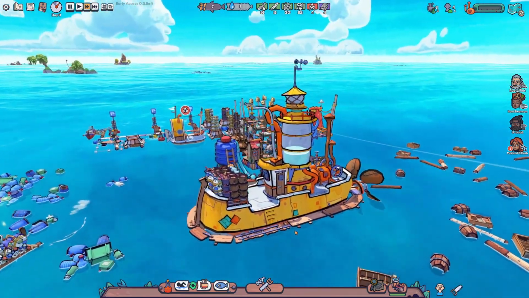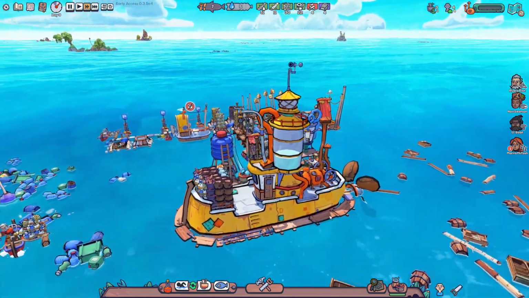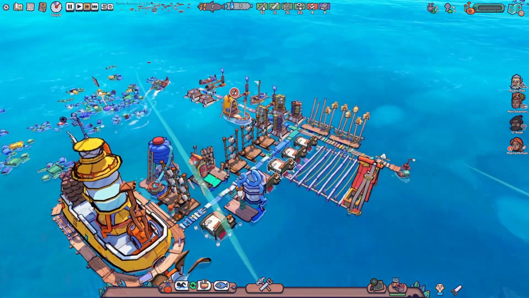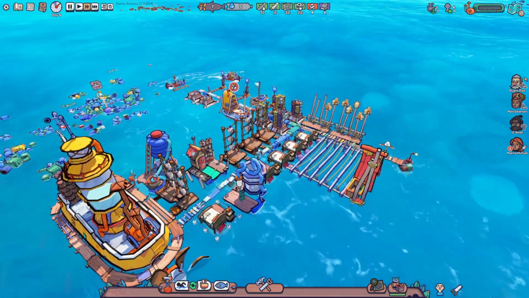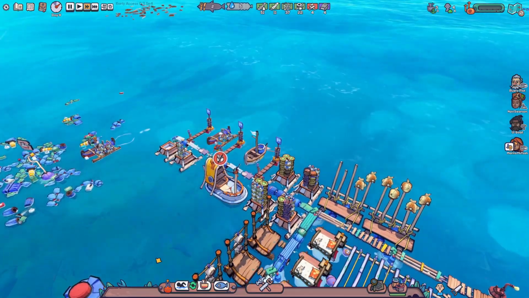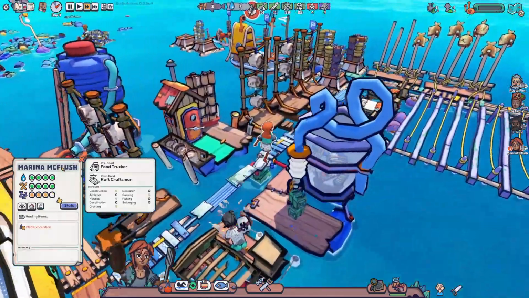We're back in our floating colony. And today we're gonna be naming some of our drifters. We currently have 4 of those. And we are gonna be naming some drifters, we're also gonna be naming some boats. So, we are gonna start with Marina. We're gonna rename her